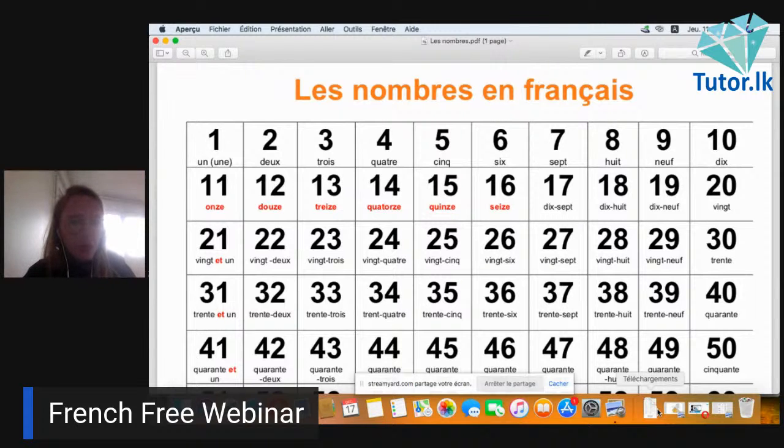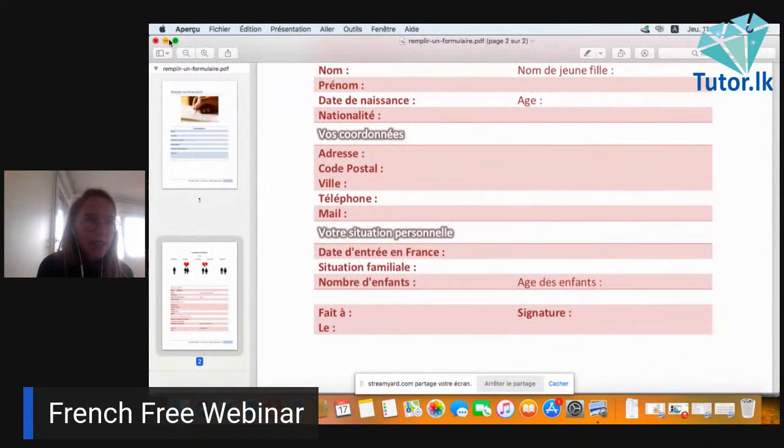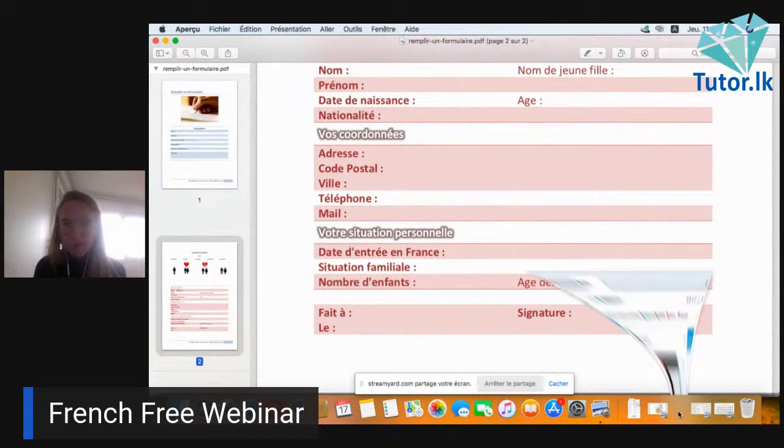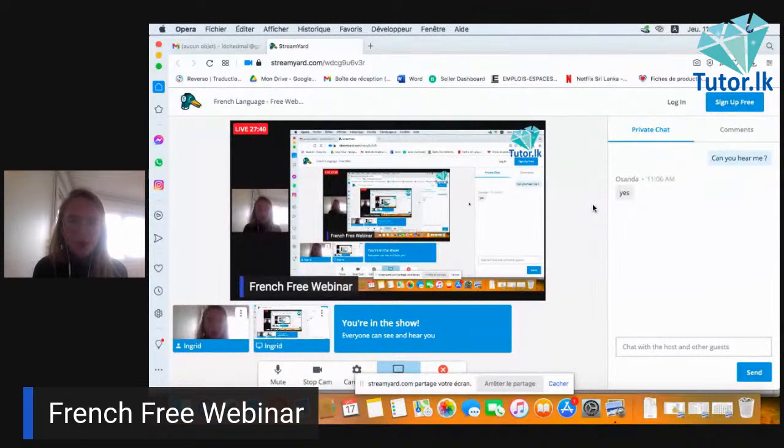Then we're supposed to do some exercises in this order, and other types of exercises just to practice the numbers each week, going as far as we want. So this was a short introduction to the French language. So I think I'm ready. I don't have anything more to show. So that's it for me.